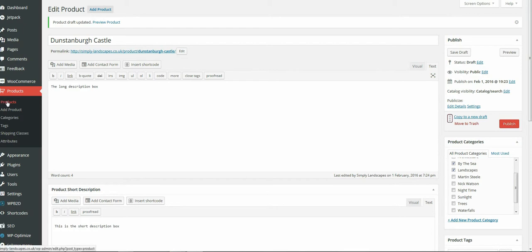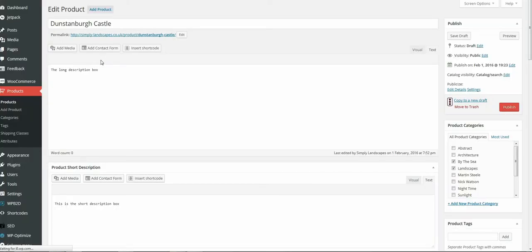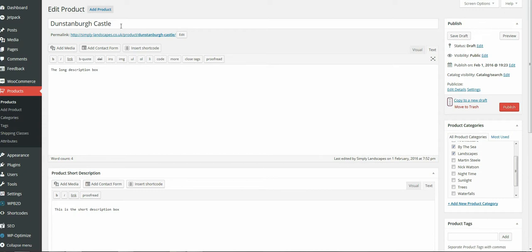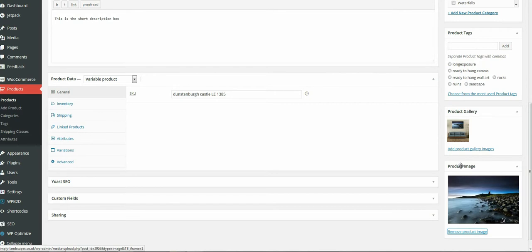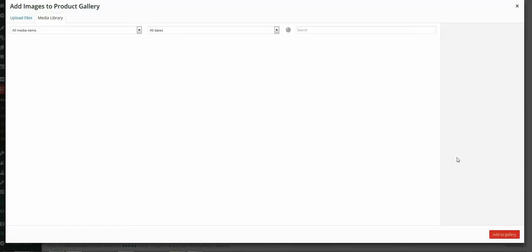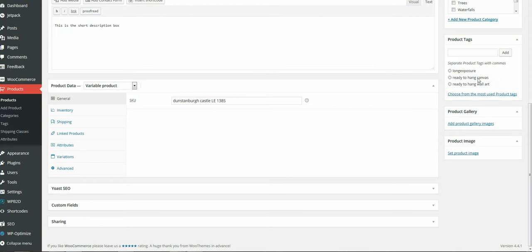So we're going to go over here and click on products. Once the products page is loaded, you can see here Dunstable Castle draft. That's the variable product we were just working on. What I'm going to do is edit this because I want to create a template for duplicating variable products. And I don't want it to say Dunstable Castle or duplicate product or anything like that. So I'm going to strip out all of the things that make this product unique by removing the images and removing the keywords that are relevant to that particular image